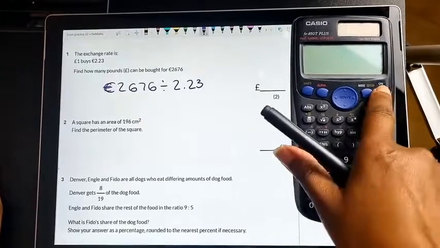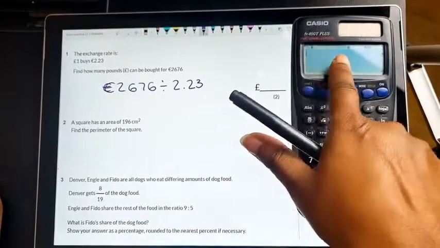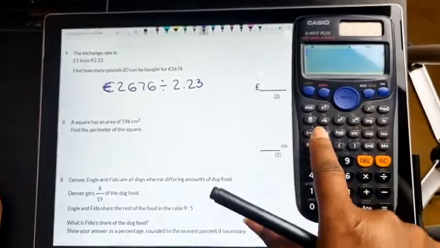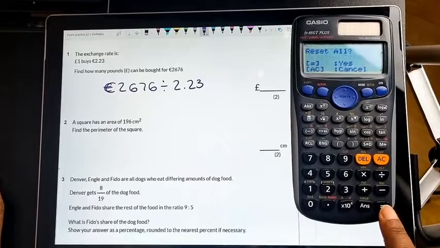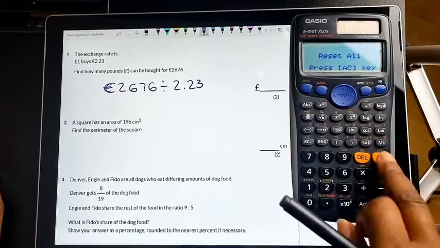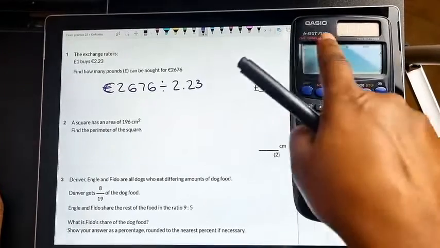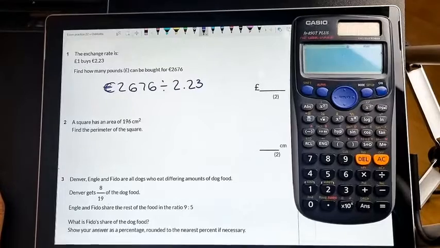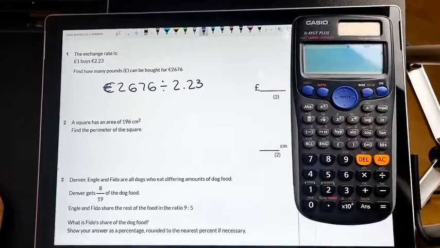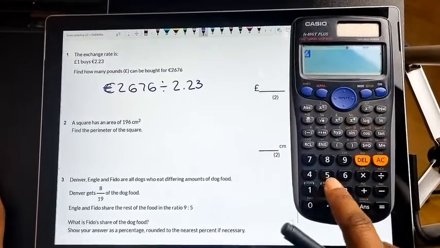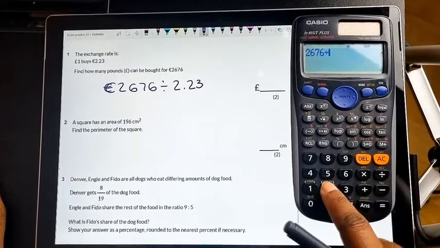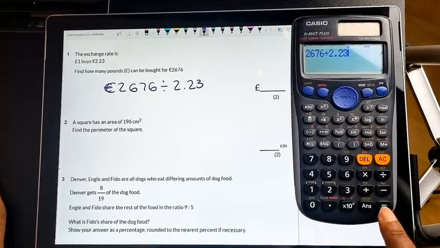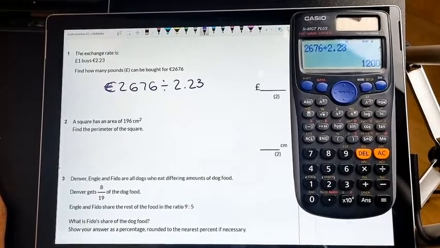Okay. Press on. If you have more things than one on your calculator, please clear it out. I don't know how many times I say this. At the beginning of every single calculation that you do, check if there's nothing in the memory. You should have degrees and math. Okay. So 2,676 divided by 2.23. And you get the answer of,